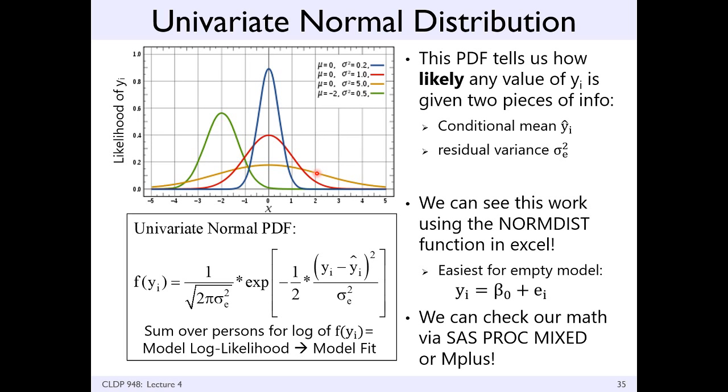The question is, in combination with me and everyone else, what is the most likely estimate for the mean and the variance that makes the sum of the data as tall as possible? For me, the most likely one would be a 2 with some variance around it, but that doesn't describe everybody. We have to come up with a distribution that describes everybody simultaneously. So it's this process of saying, well, if the mean were 0 and the variance were 2,